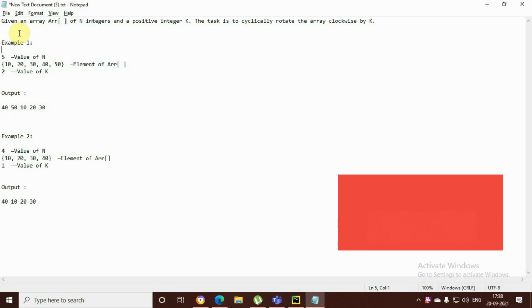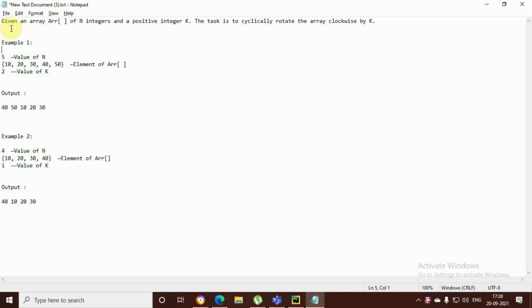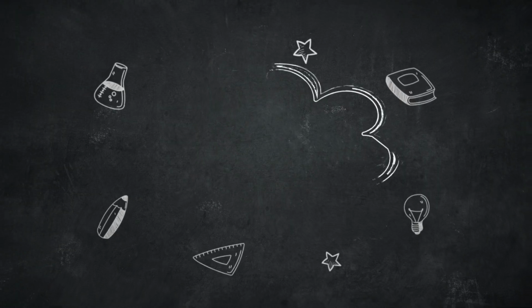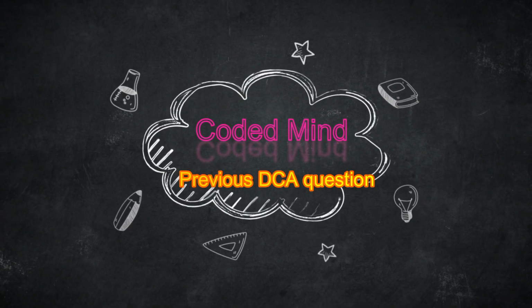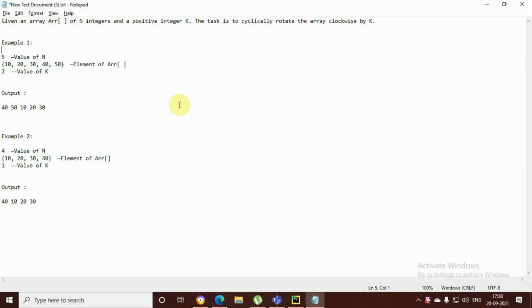और आज हम बात करने वाले हैं डीसीए के क्वेश्चन के लिए, जो कि टीसीएस डीसीए में पूछा गया था लास्ट टाइम। और इस क्वेश्चन को हम लोग पाइथन में सॉल्व करेंगे। तो पहला क्वेश्चन ये है जो इस वीडियो में आपको दिखाएंगे।